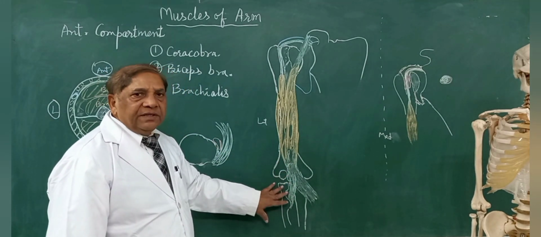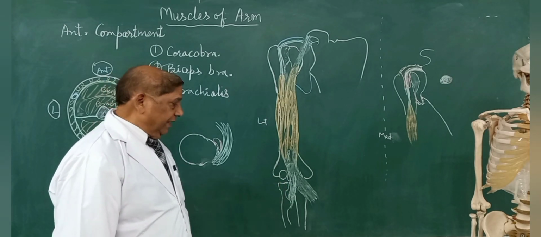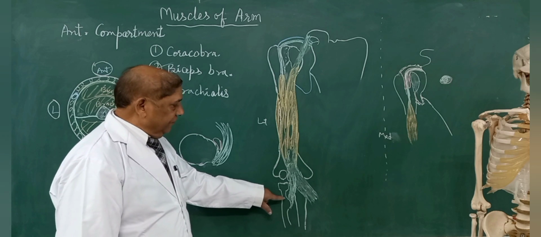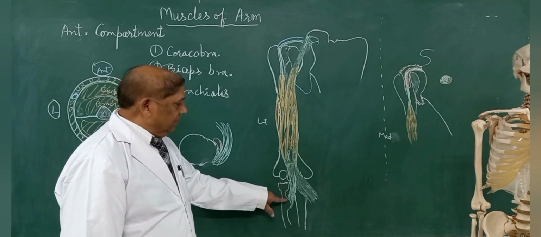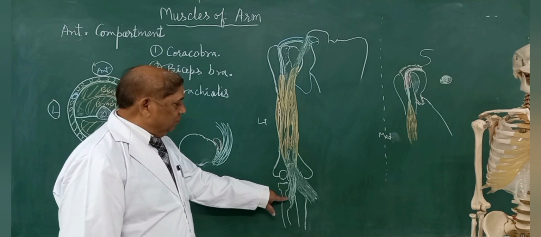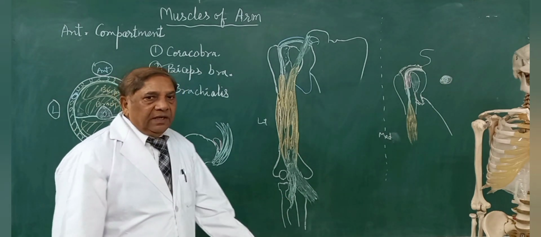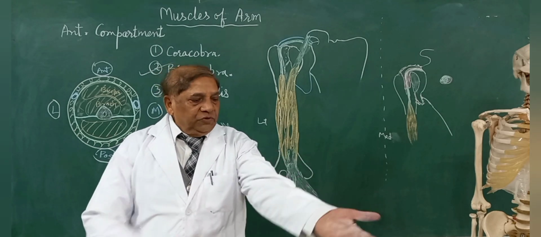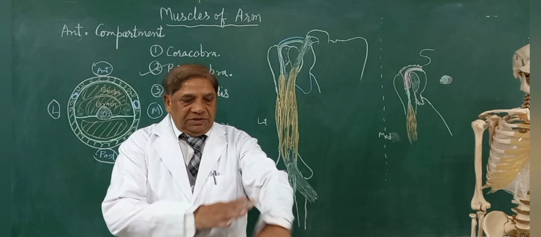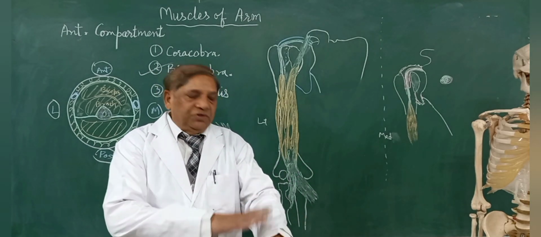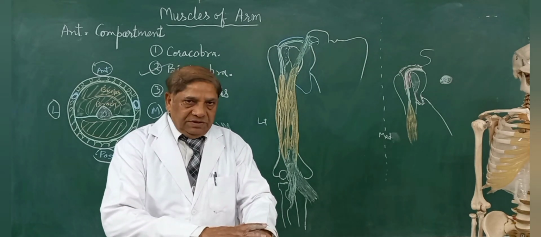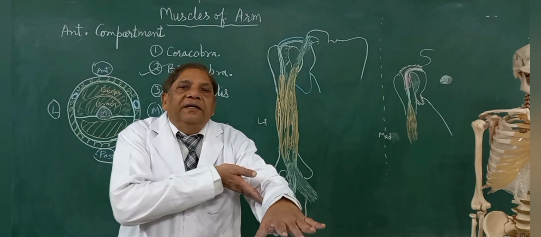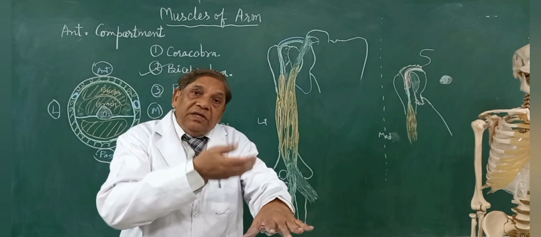The third movement is at the radius, on the radius itself, and this movement is because of the rotation of the radius. Suppose this is a pronated position. See this in a mid-flexed position. This is a mid-flexed and pronated condition, and here the tendon is going to the posterior half of the